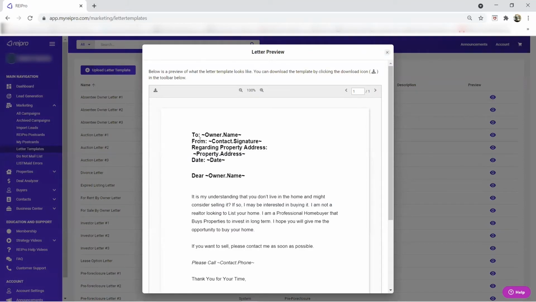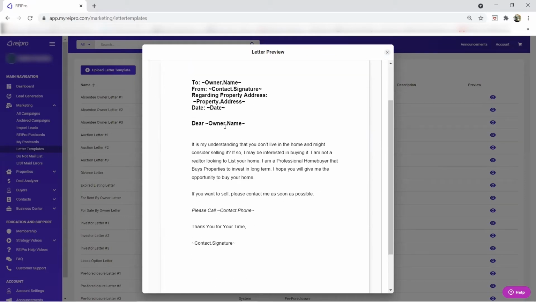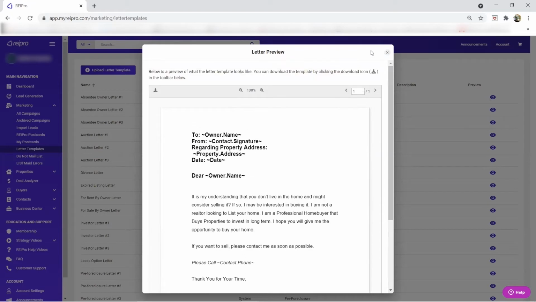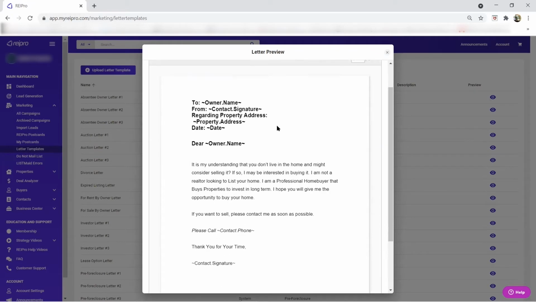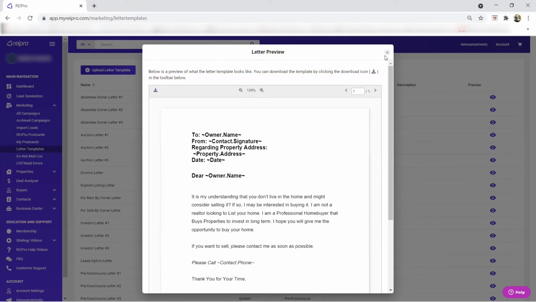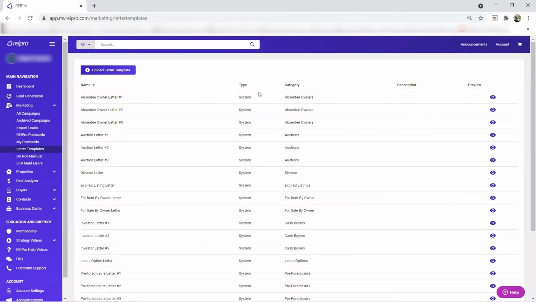To owner's name, from this person, whoever you are, regarding property address. Dear owner's name, of course, you put the owner's name right here. It is my understanding that you don't live in the home and might consider selling. If so, I may be interested in buying it. All right. And it goes on down here. So these are letterheads that you could send out, or you could download it right here. All right. So you can use these letters and just set up a personalized campaign in REI Pro